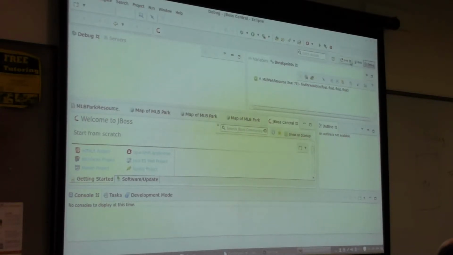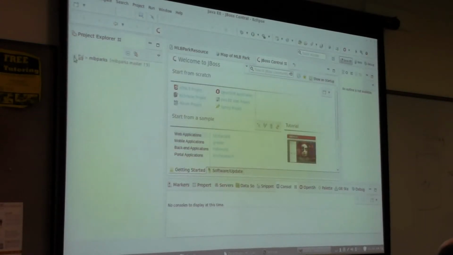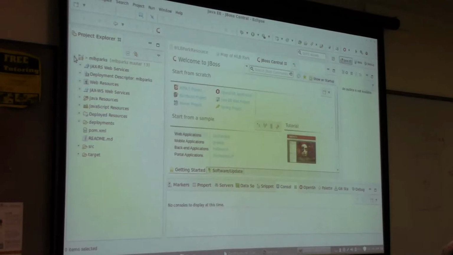And let me switch out of debug here. And then you can see that that project we just saw on the web is now in my Eclipse environment, and I can make a change. Let's go to web app, index. I'll just make a quick HTML change. Push it right.